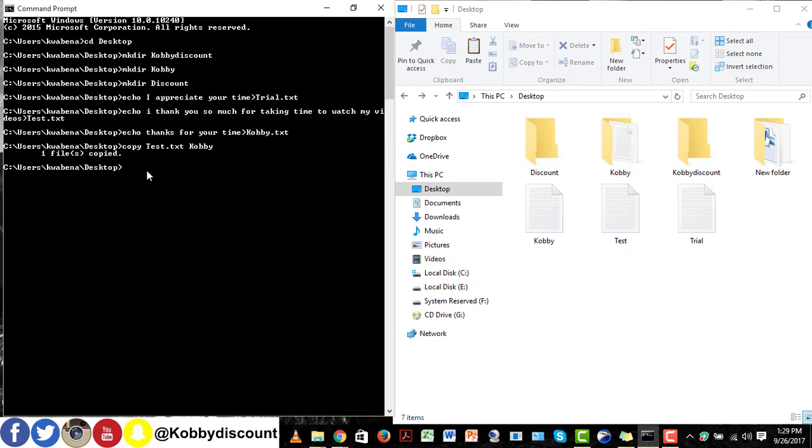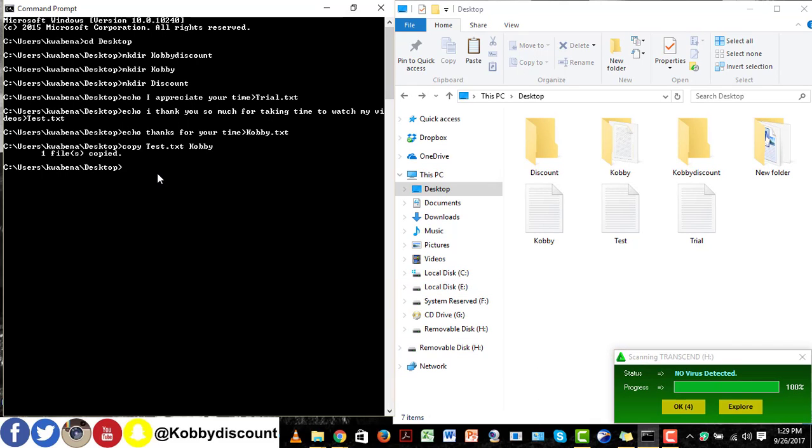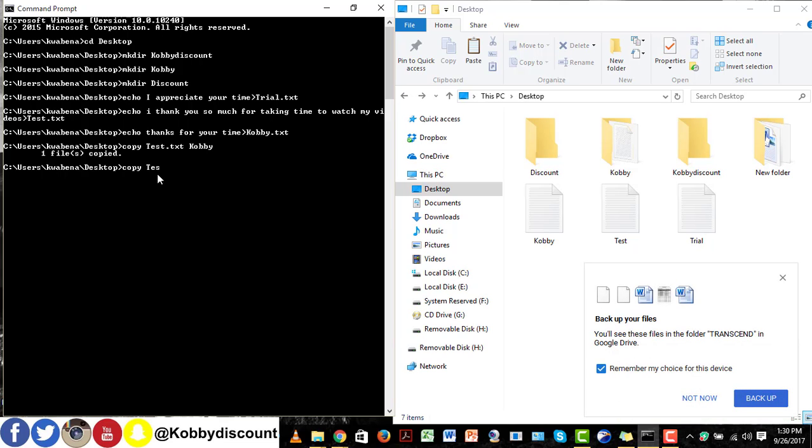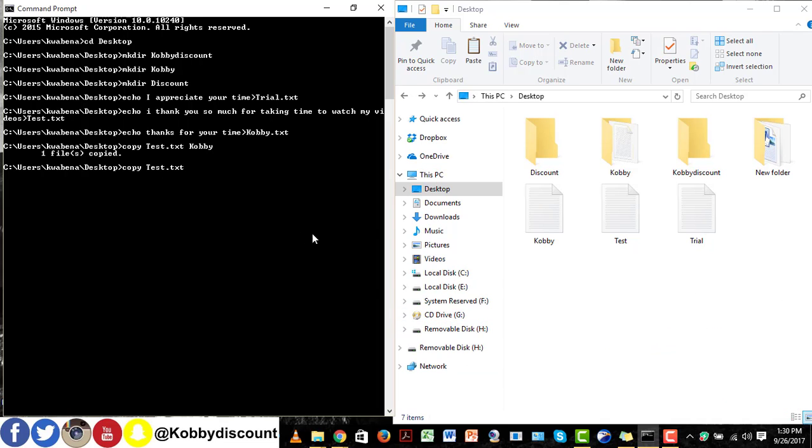Now, if you wish to copy to an external source, you first have to select the drive. So let me select my drive. Okay, so there it is. And then you use the command copy, the name of the file you want to copy. We are copying the same test file. And then the destination. So in our case, it will be H. Then you hit enter. Okay, so then let's access the external drive and see if the item you copied is there.